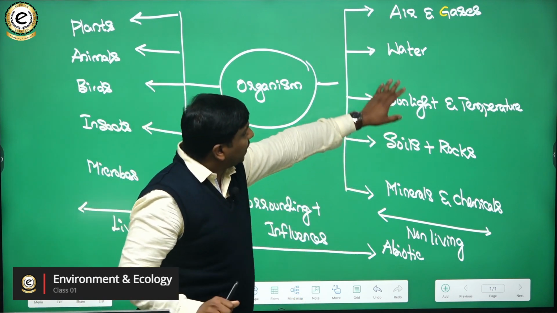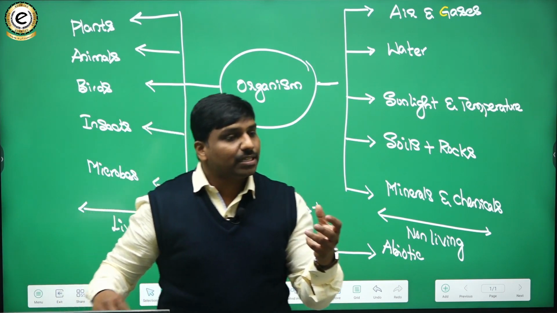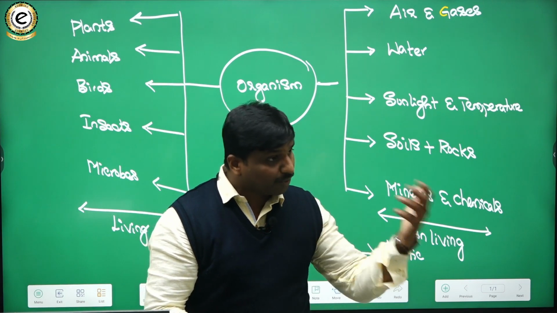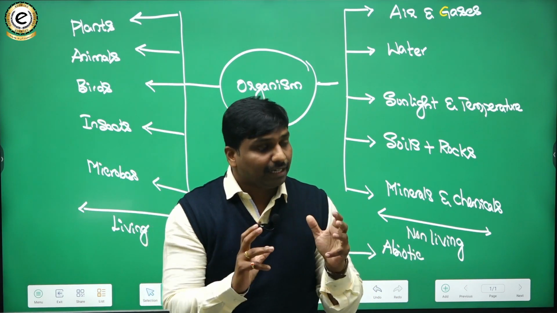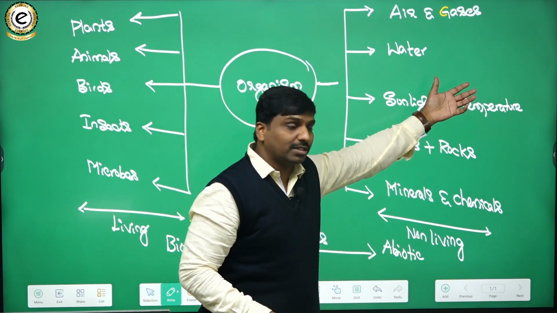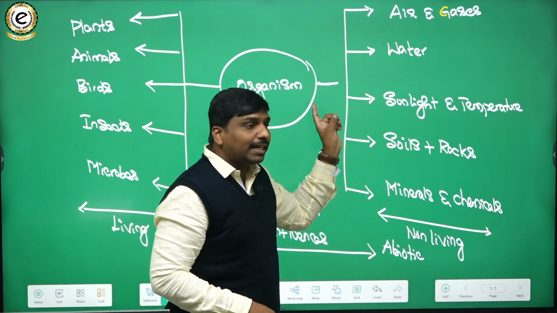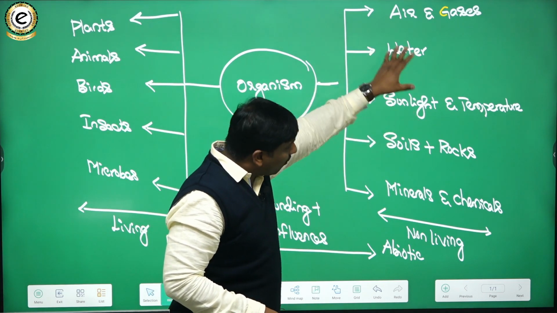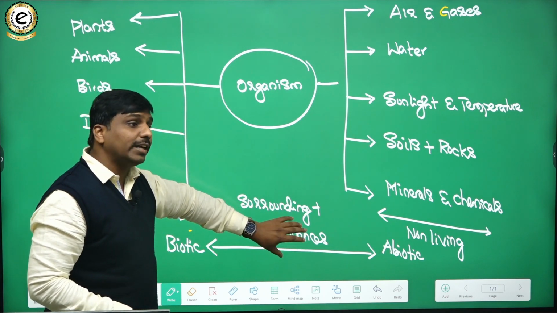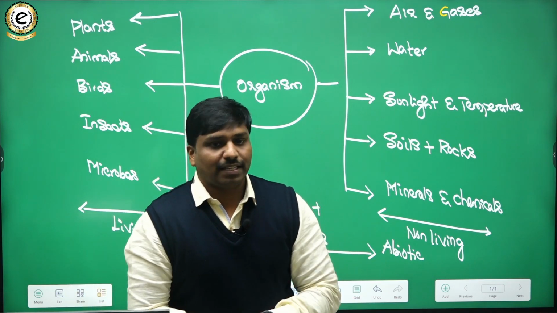Now, just take up an example of, let's say, sunlight or temperature. Can you see that some animals are active during the daytime, and some animals are active only during the night time, and some animals respond to the temperature, like for example in summer some organisms will have some responses. In all these manners, all the biotic components as well as abiotic components have a kind of influence over the organism. So that is one thing. This is how we can define it.